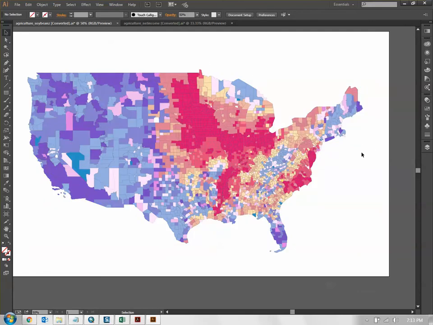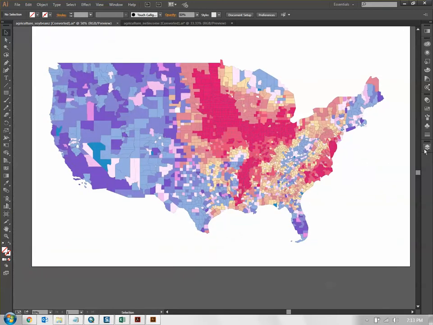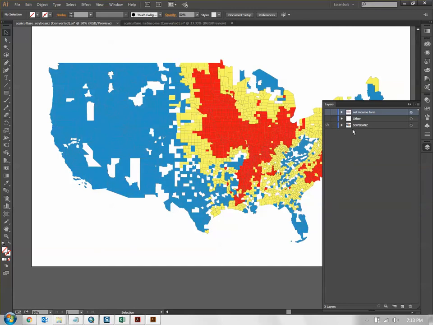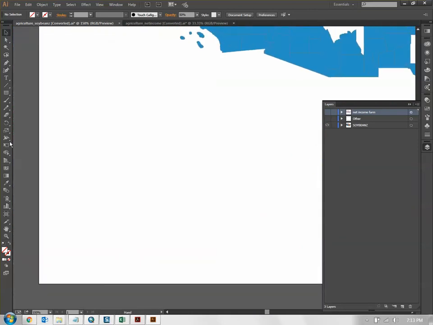And what we want to do now is we want to create a key for this map. So what I'll do is I will first turn off the top layer. I'm going to, in the corner here, I'm just going to create a few, I'll create a new layer for the key. I'll create a few,